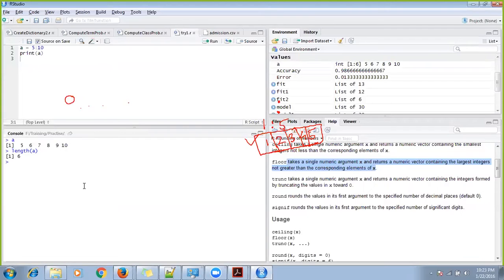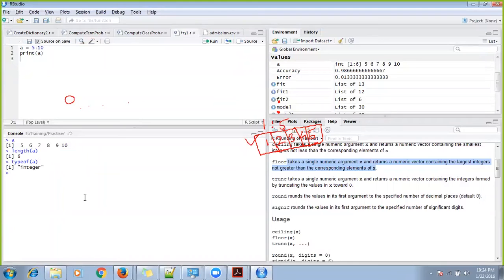And the second thing is, what is the type of a? Type of a means what kind of value the vector a contains. So this says integer. It says it contains integer numbers.